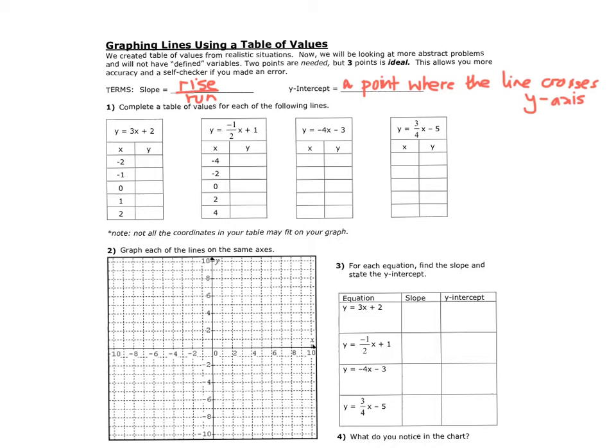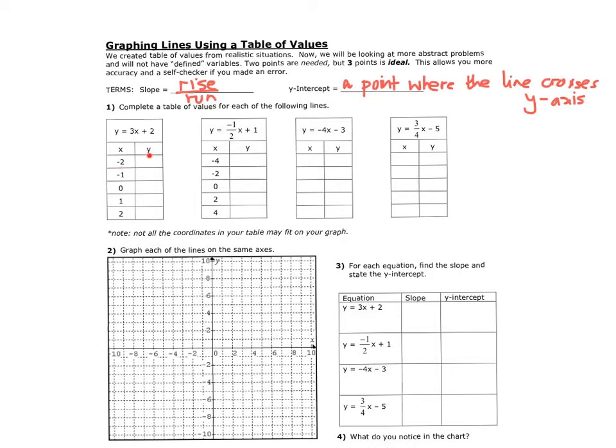So let's see how we can graph each of the following lines. I'm going to do a couple for you, and then you guys try the next two. So the equation of the line is y equals 3x plus 2. Now we need to create a table of values using some x values and find the relative y values from there. So for example, for the first one here, if x is negative 2,